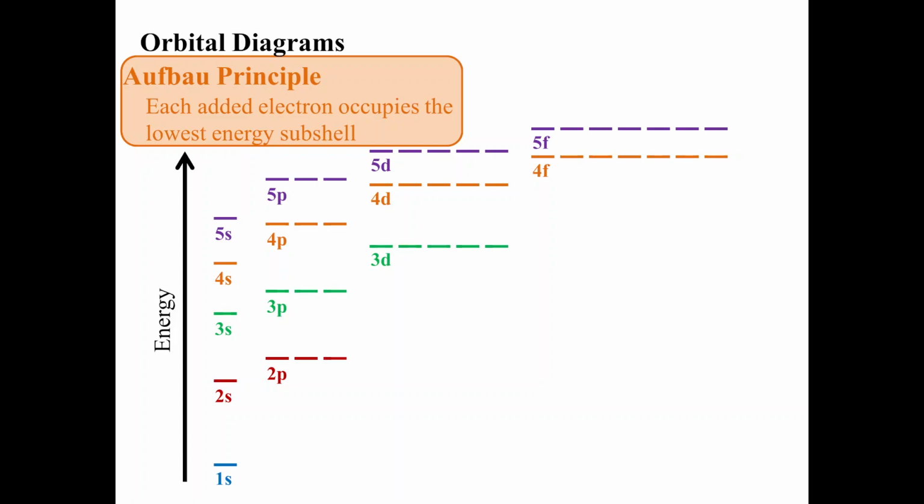You may notice that the 3d orbitals are a little bit higher in energy than the 4s orbitals, but lower than the 4p orbitals. And the 4f orbitals are in between the 5p orbitals and the 5d orbitals. So it can get a little tricky with doing this. So there's a quick little check you can do to keep this straight without having an energy diagram. You can write down 1s being our lowest energy level,